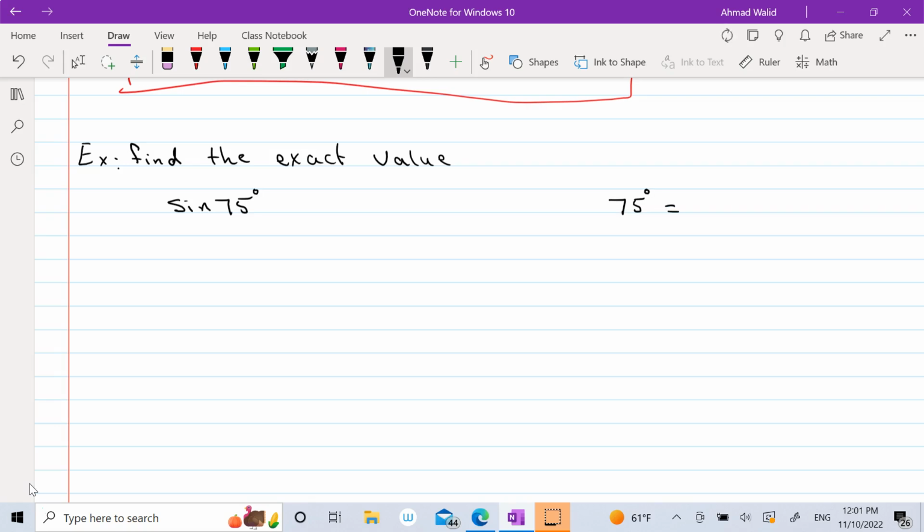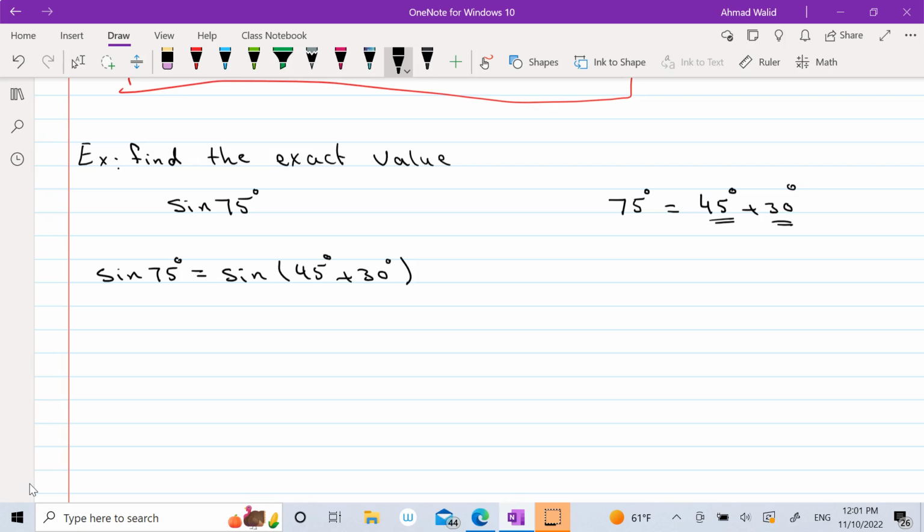I'm trying to rewrite it as a sum or difference of two well-known angles that I have in my unit circle. You see, if I add 45 degrees with 30 degrees, it gives me 75 degrees. And I know all the trig functions of this, and I know all the trig functions of this. Then I'll rewrite sine of 75 degrees as sine of 45 degrees plus 30 degrees,